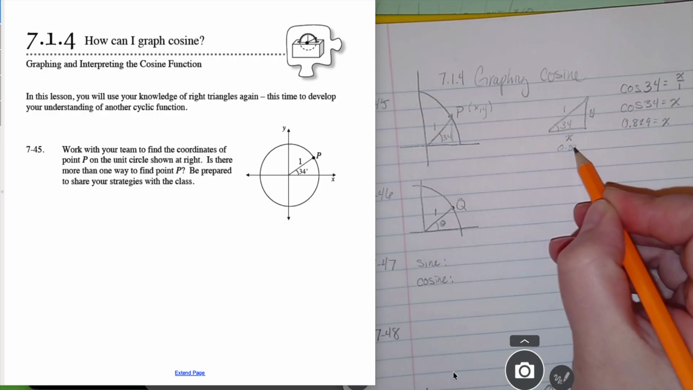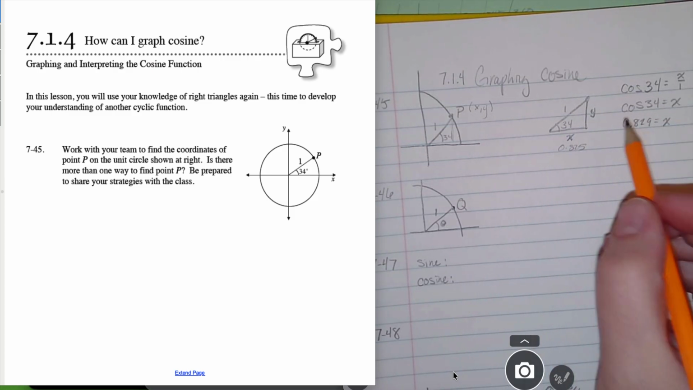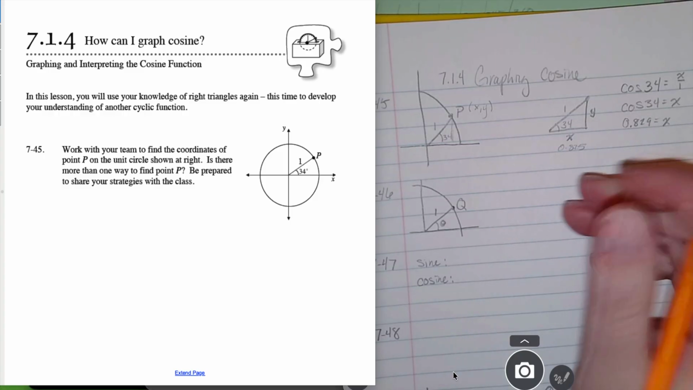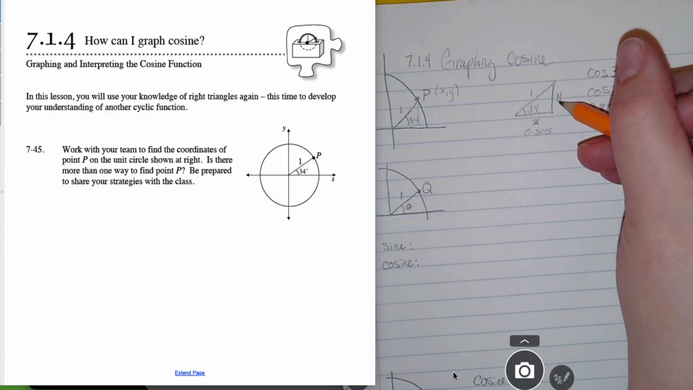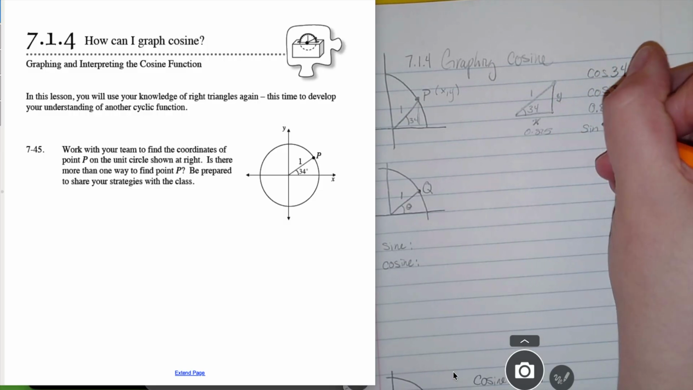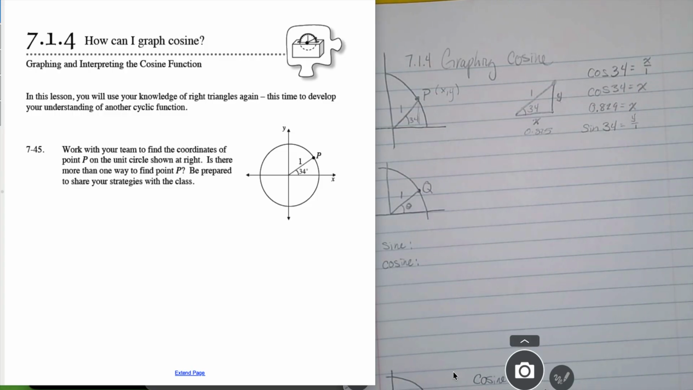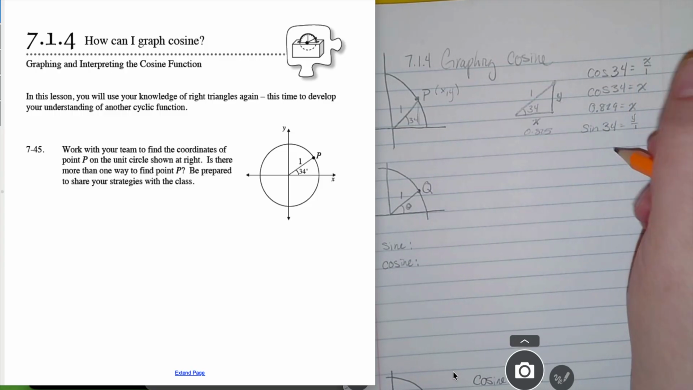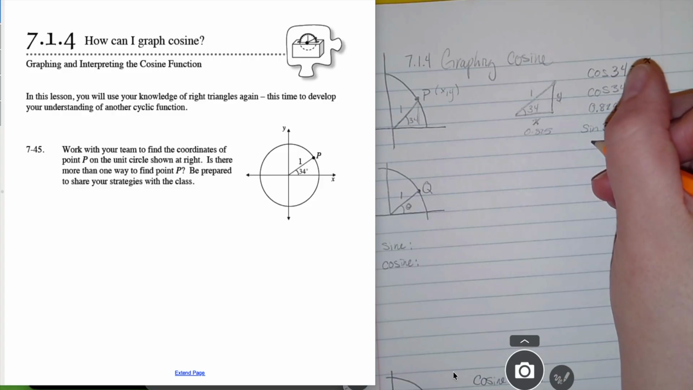Now, in order to find y, I have a few options. I could go through and do Pythagorean theorem and solve for y, or I could think about it in terms of just the right triangle and say, since I want to find the opposite side and I have the hypotenuse, it would be sine of 34 is y over 1. Multiplying by 1 on both sides again, which would mean I would be doing sine of 34 in my calculator, which gives me 0.559